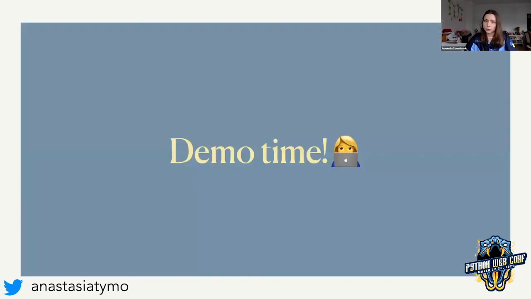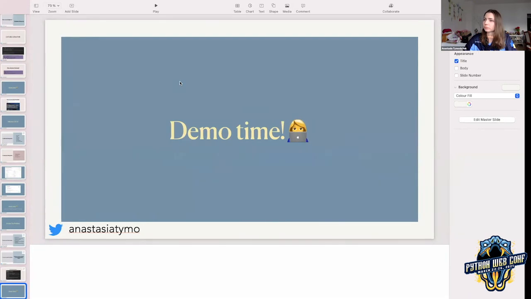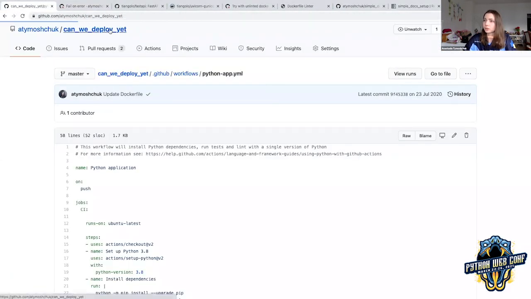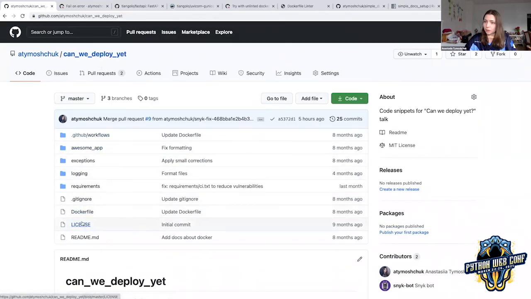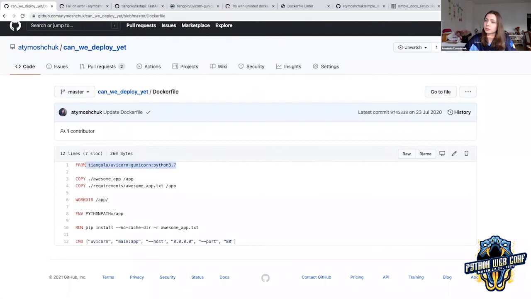And I'm going to show you something super interesting, super quickly. So the same example as we just saw, let's check the Dockerfile image. This Dockerfile is the super simple one. It's created by Tiangolo, and it's uvicorn, gunicorn, Python 3.7.